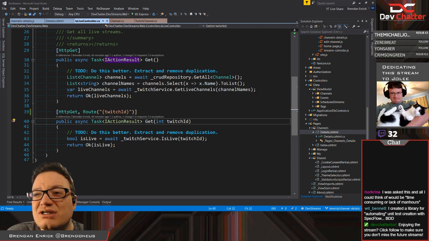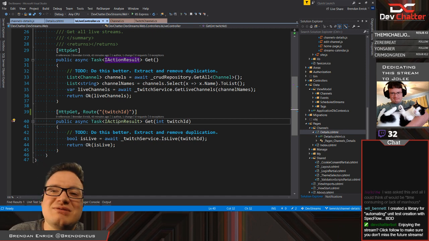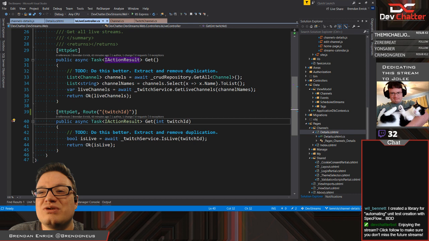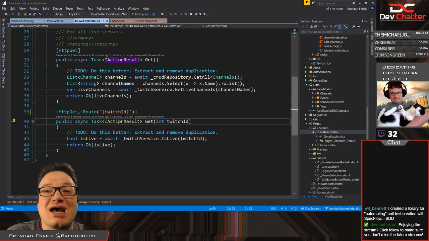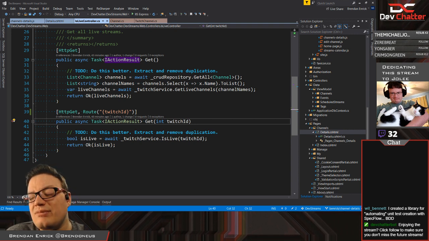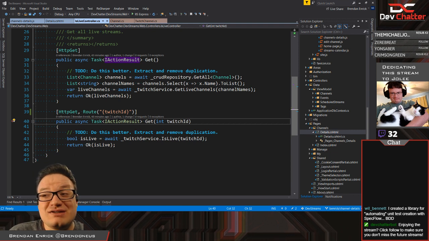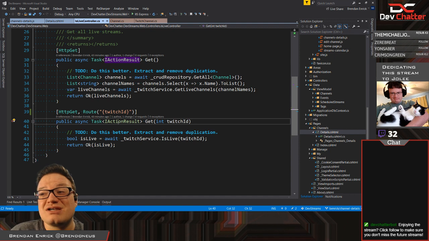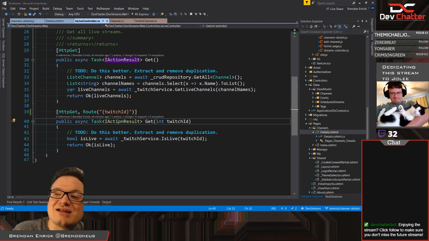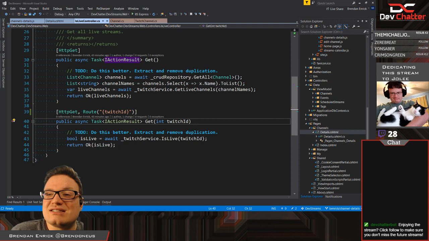I was asked this, and all I could think of would be time-consuming or lack of man-hours. Except that most of the time TDD reduces the man-hours and time. The one scenario that I can give you, Horkrine, is if you are spiking something, you might not do it there. Again, for the sake of time in the short term, if you're just slapping stuff together to try something, then yes, that is the place where I could see skipping it.